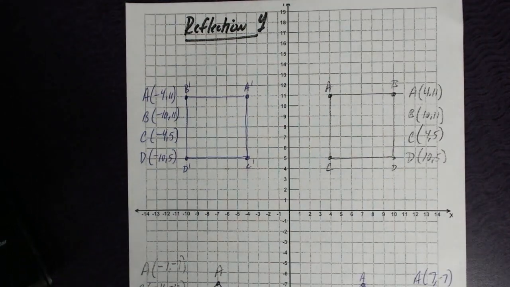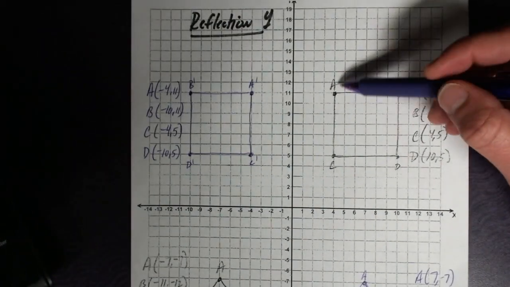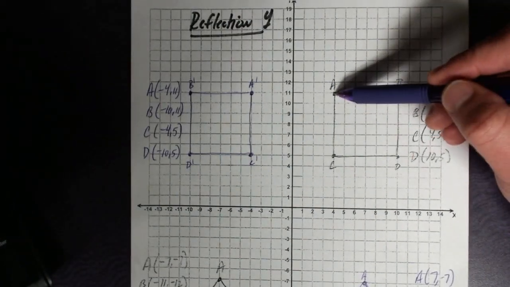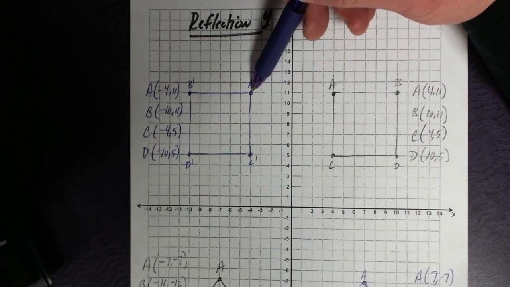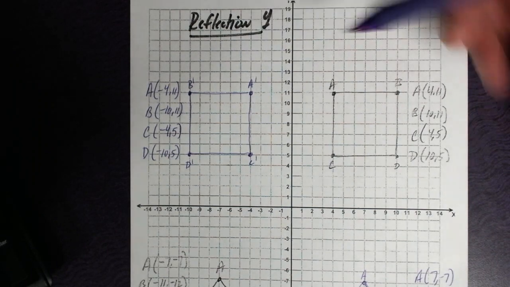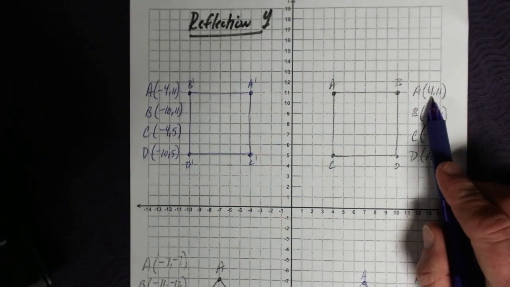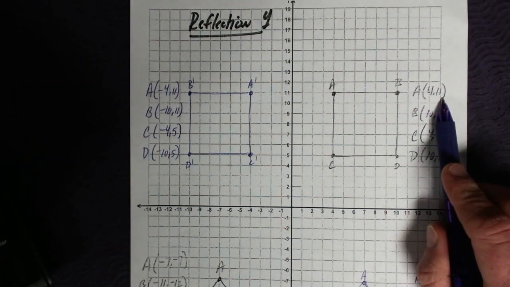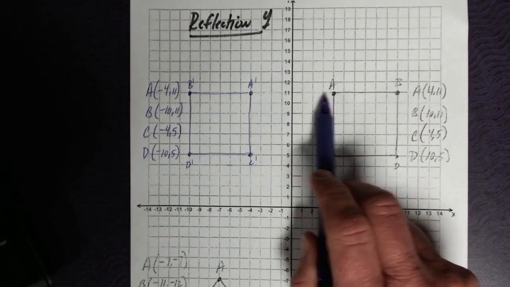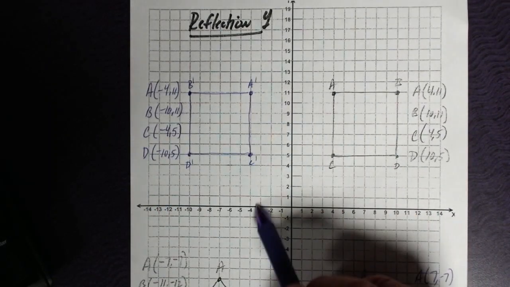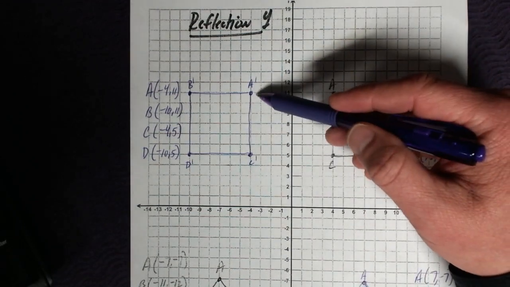Okay, let's try A. A is 4 spaces from the y, so it has to be 4 spaces beyond the y here. So we went from positive 4, 11 to negative 4, 11. It stays on the line of 11, but it's in the negative quadrant right here on the x. B